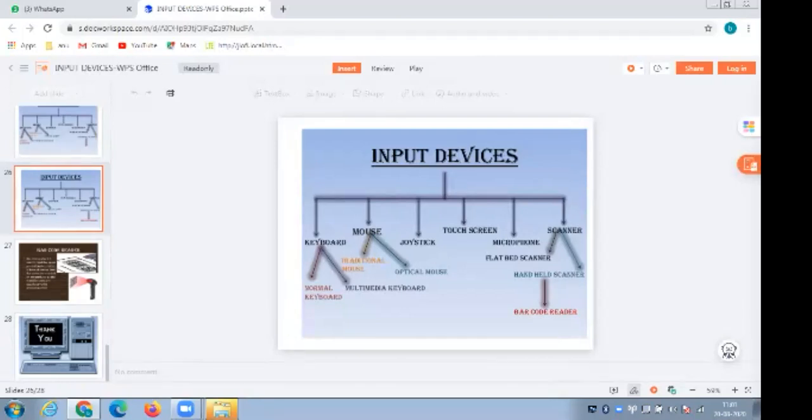Actually, there are some other input devices also, which I have not placed here. That is the light pen. You might have seen this light pen, which gives a small ray of light from a pen that is shown onto the display screen. When we are explaining onto the display, we project that light on the display. Light pen can also be taken as an input device.